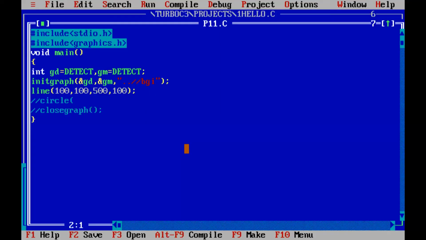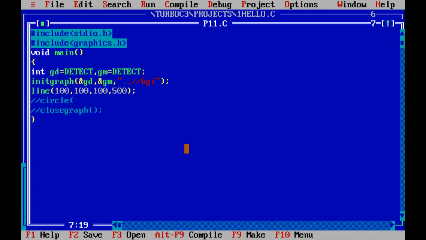Getting it now? Yes, ma'am. Okay. Now my question is, if I want a vertical line, what will be the modifications? Yes, right. So here x will remain the same and y will change because we are moving along the y-axis.